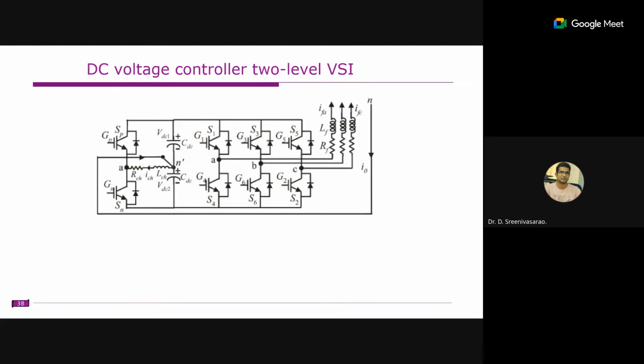The same thing is shown here. This is the point where the neutral current is connected, the neutral wire, which is connected here, right? And we have the switch arrangement. This entire setup is known as the two-quadrant chopper, the two-quadrant DC-DC converter. Here, the excess charge in one capacitor is transferred to the inductor. From this inductor, it is connected to the other capacitor. This is how it will work.